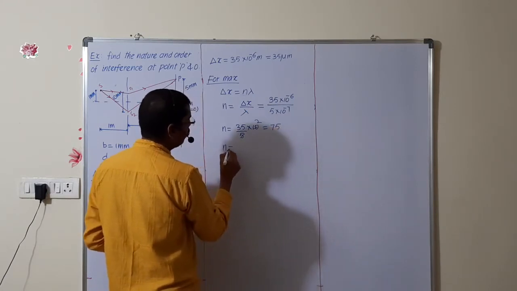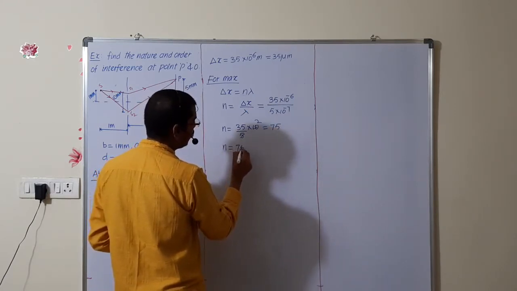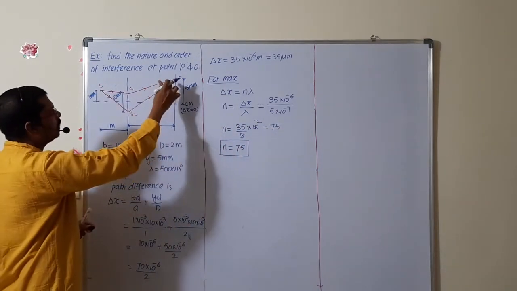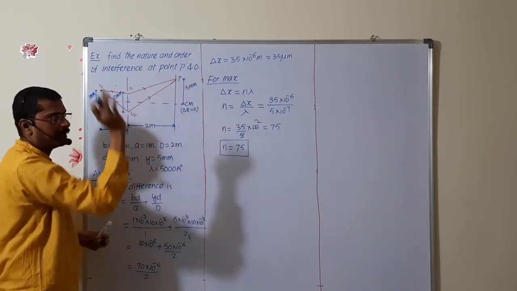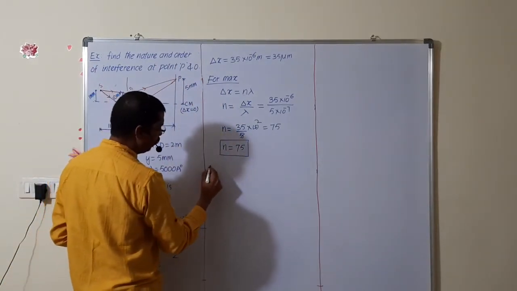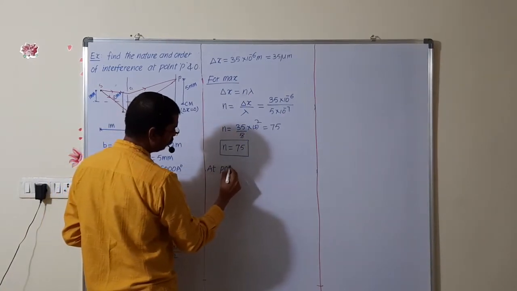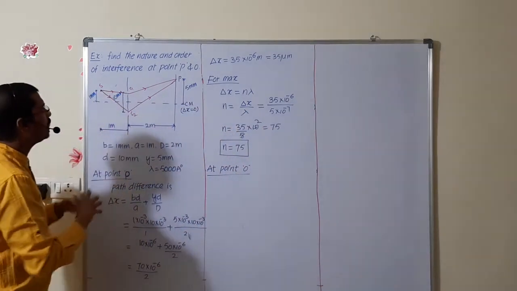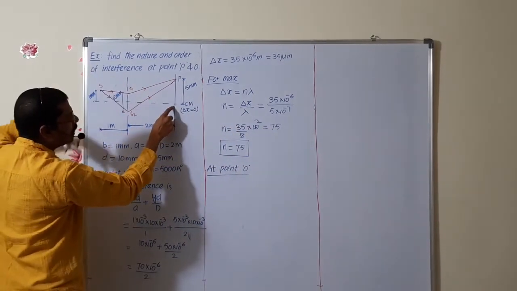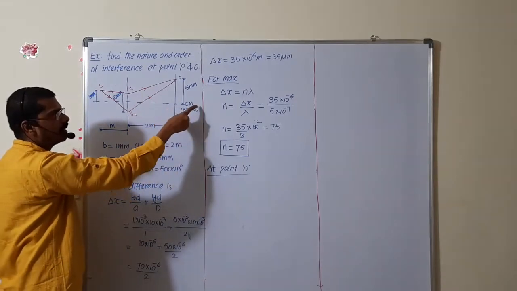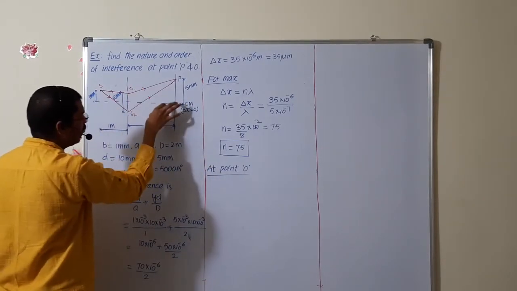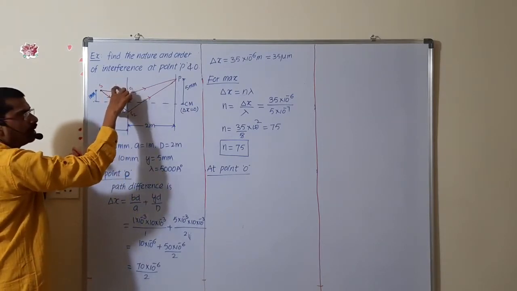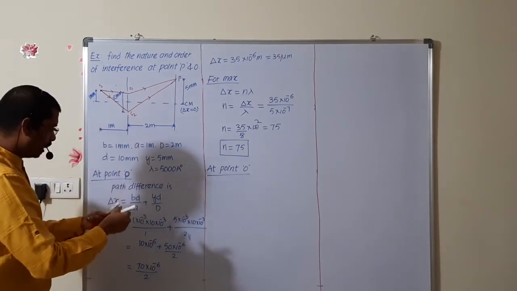The number where it is located is the 75th number; at the center, this maxima, point P is located. Now going to point O. Here, at point O, what does it mean? These two values are meeting at the central maximum. In that time, what will happen? These two values are 0. Then we have to find out the excess value.